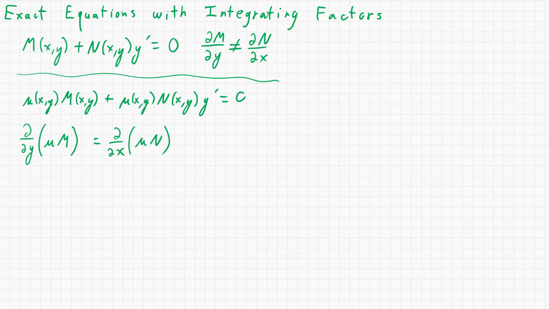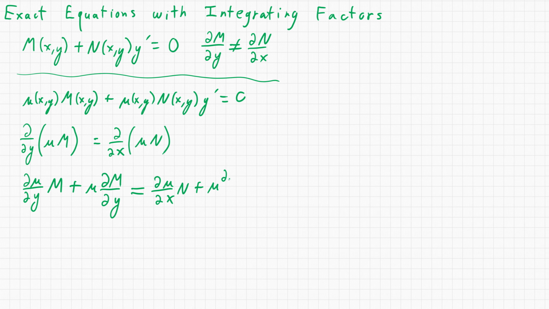So taking the partial derivative with respect to y of this product, it ends up being partial mu partial y times M plus mu times partial M partial y. For the equation to be exact, that's where this equals comes from. I want this equation to be true. On the other side I have partial mu partial x times N plus mu times partial N